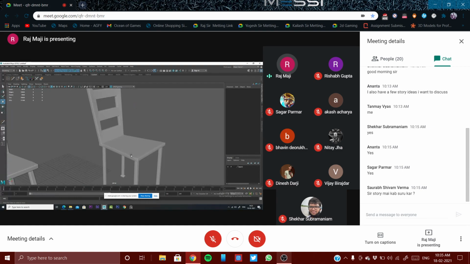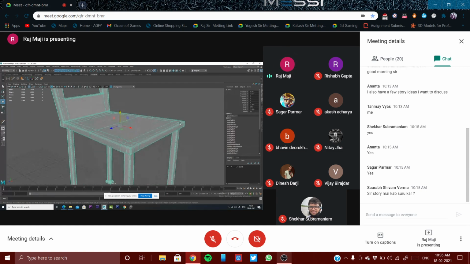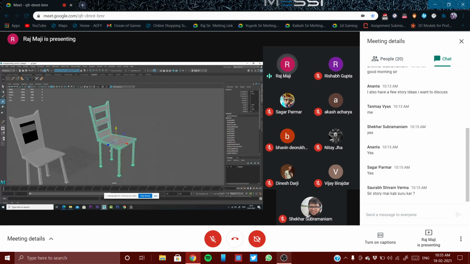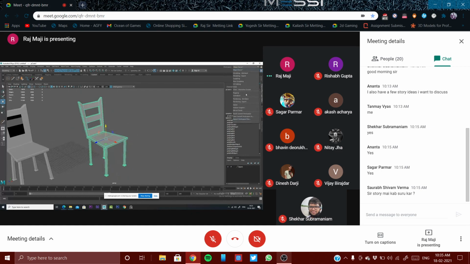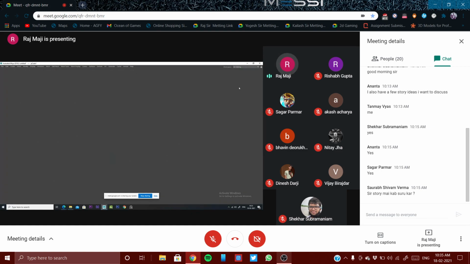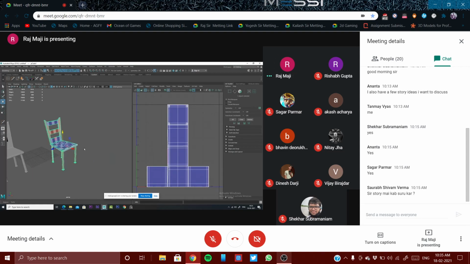You can now unwrap it, but because the border edges are increased, it is a little bit difficult to unwrap these things. So let us check how it can be unwrapped. Going to the UV editing, you can see it is looking very problematic, right?